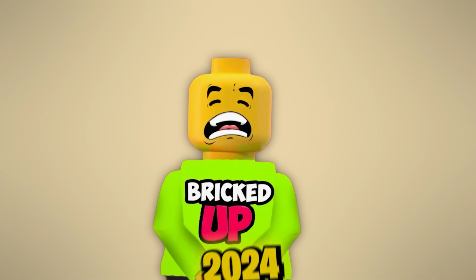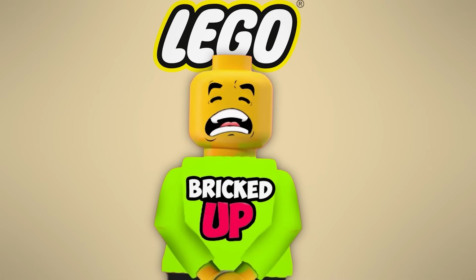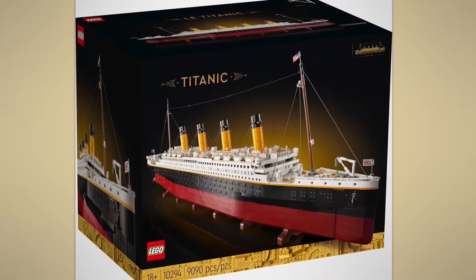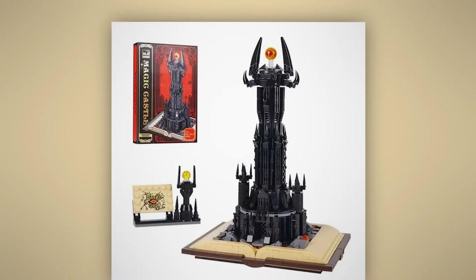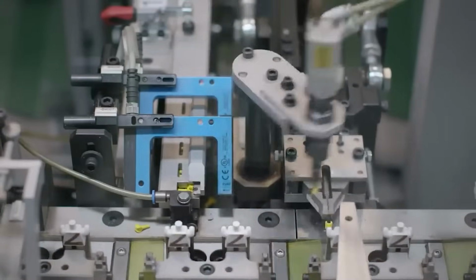And now, we are in 2024. With some of the most iconic sets behind us, LEGO now seems to focus on making big buildings, such as this LEGO Titanic, Lord of the Rings Barad-dûr, and much more. No one knows where LEGO is going to end up in the future, however their building journey is far from done,